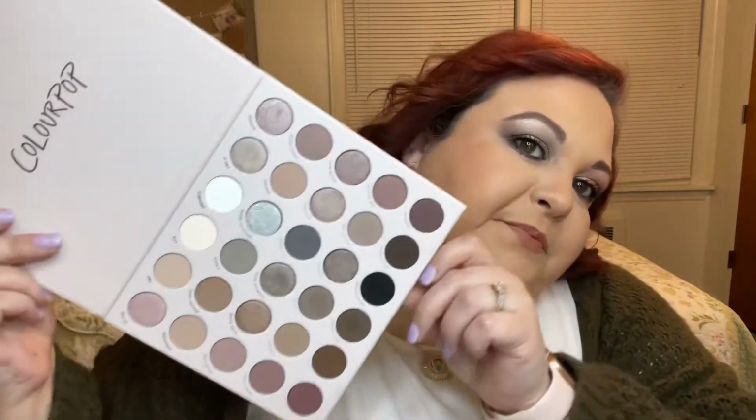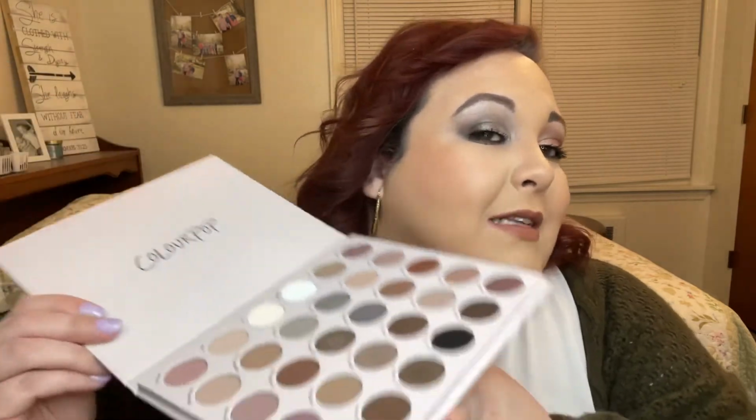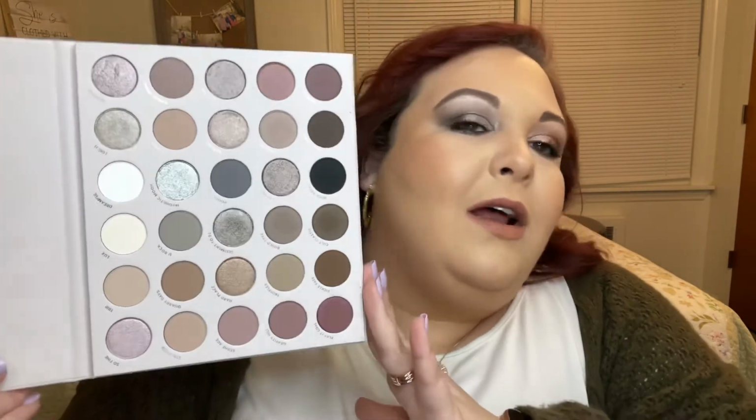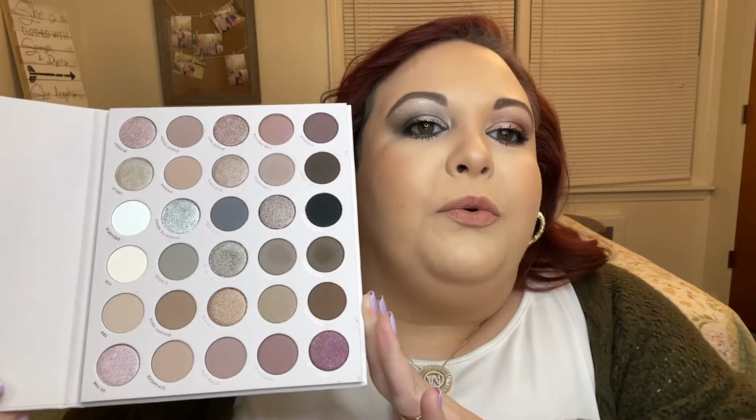But these mauve shades over here are beautiful. So, so beautiful. I could probably replicate this eye with a lot of those mauve tones. Absolutely just a beautiful, stunning palette. I love it. I think it's a great, not shade for shade dupe, but it's a great alternative to Natasha